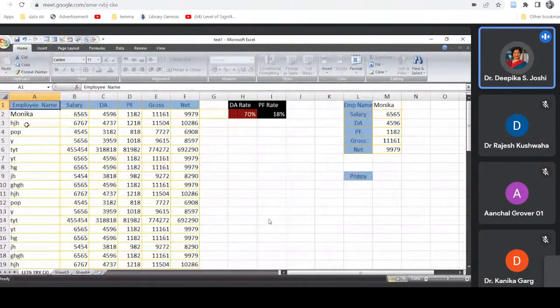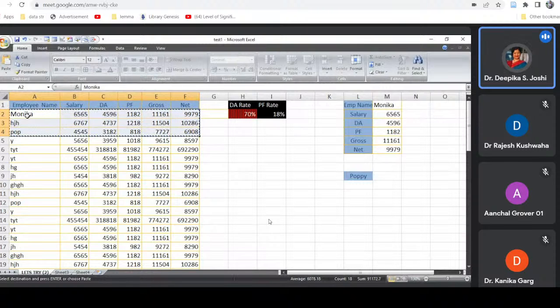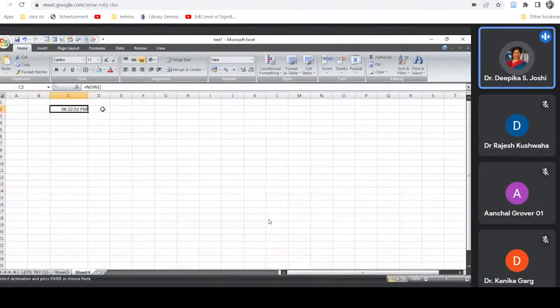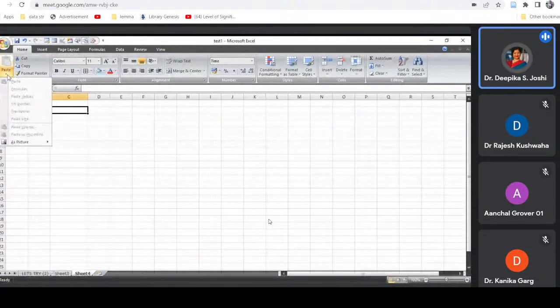Let's take some example. I have this test one sheet. I'm selecting these 3 records and copying these records. Now I would like to paste these records into sheet 4. I've clicked on paste